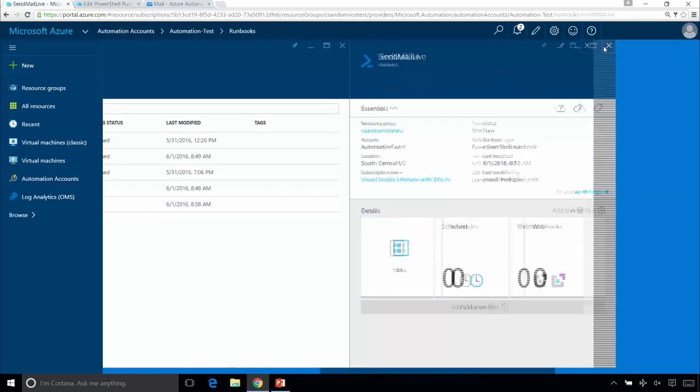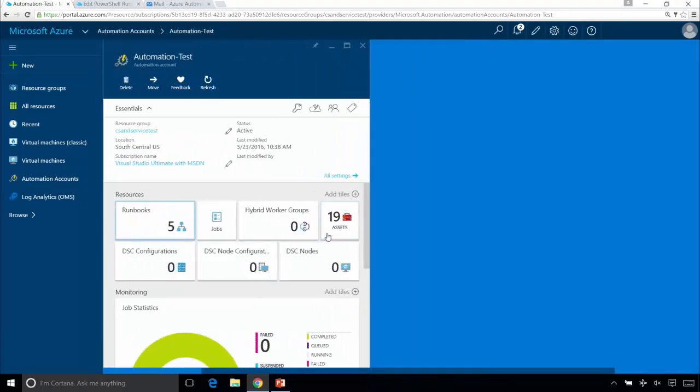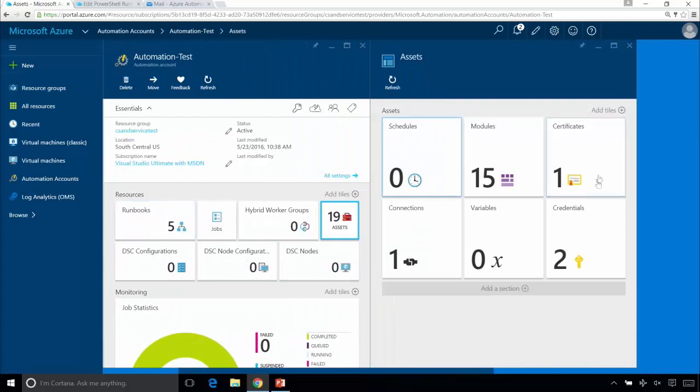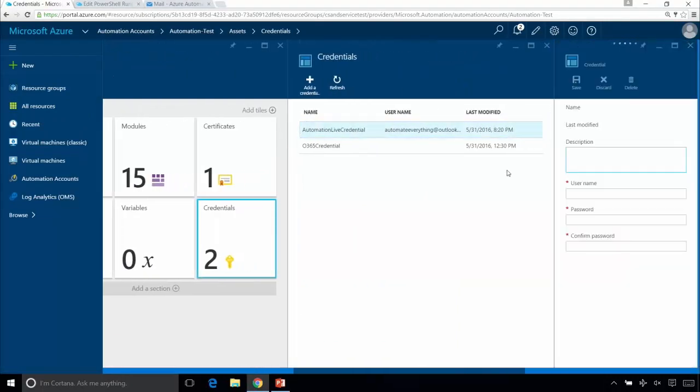Let me go back here. I meant to talk about that before. Let me go back and talk about that credential just for a second. We'll go back into assets. We'll go into the credentials here. Someone else could have set this up. It doesn't have to be the person who created the runbook. It could have been someone with admin privileges. And then in here,